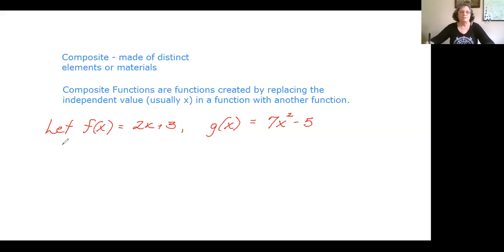Now, the notation to mean compose two functions together is a small open circle. I know this looks like fog. That's okay. Sometimes it puts people in a fog. Anytime you see f composed with g of x, rewrite that with just the parentheses. It means f of g of x, which means